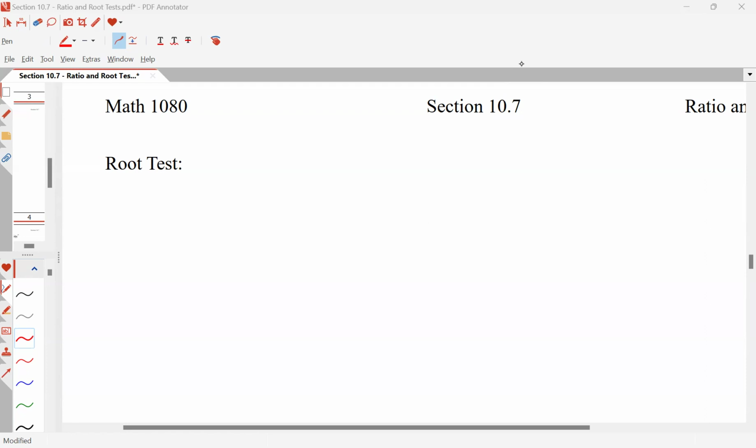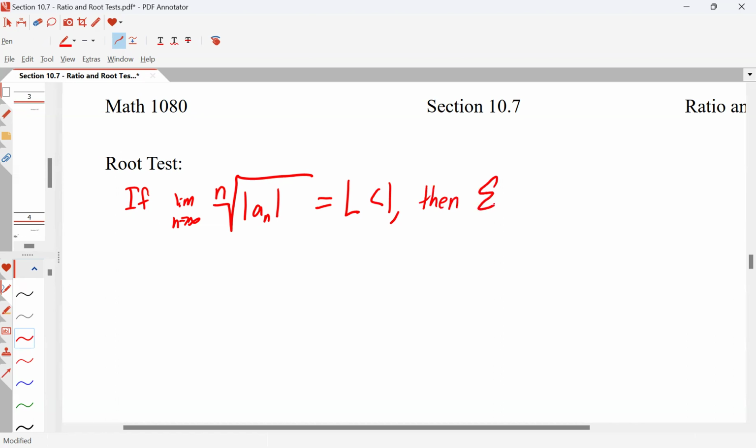The root test, very similar wording to the ratio test, says, if the limit as n goes to infinity of the nth root of the absolute value of the sequence comes out to be some limit L, and that limit is less than 1, then the series of a sub n is absolutely convergent. So we're comparing against 1 again,